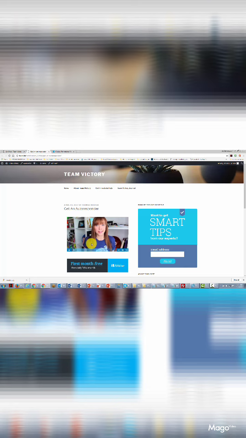Now, one of the other things that we can do is the very same thing that we did with our autoresponder code: we can put code in our widgets so that it will appear on all of our pages. In order to do that, all we need to do is go back to this area and find our widgets. And then we can take another text box. When we get to that text box, all we've got to do is put our code in this area again. We'll click Save,